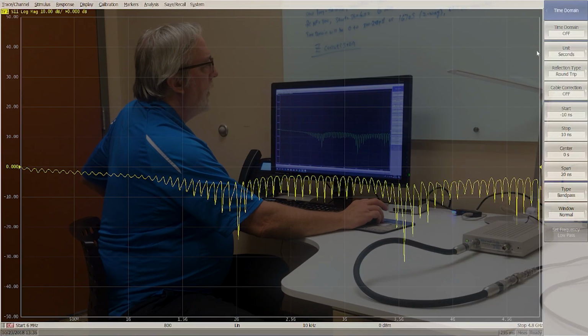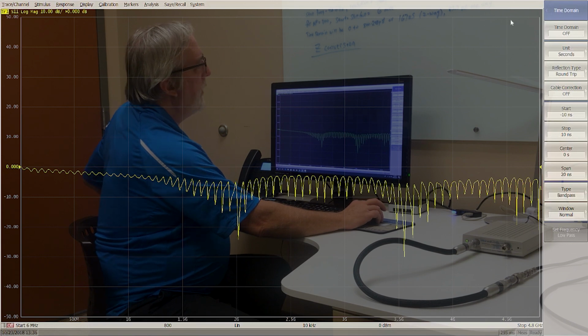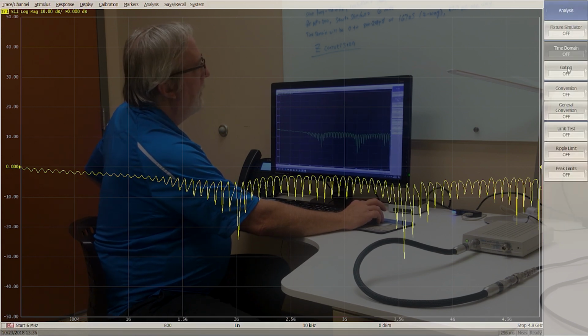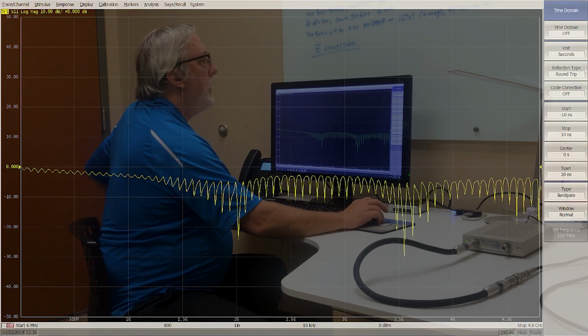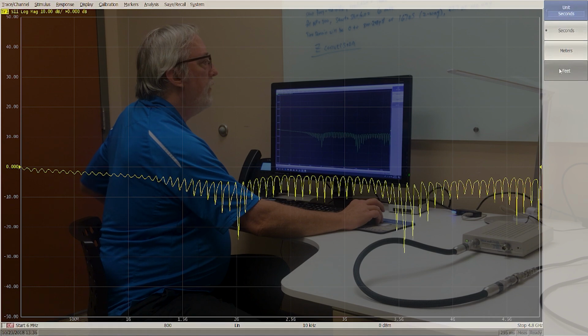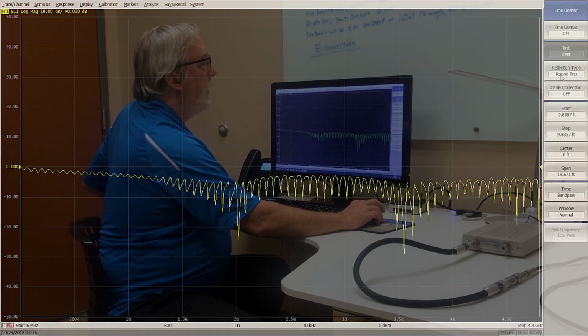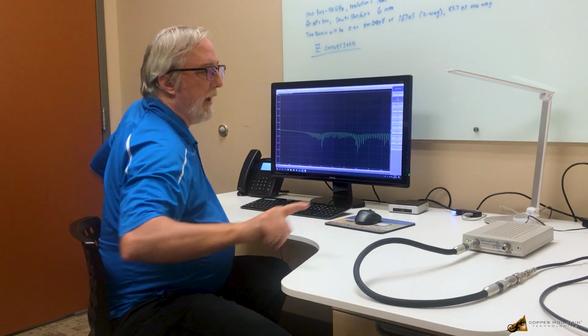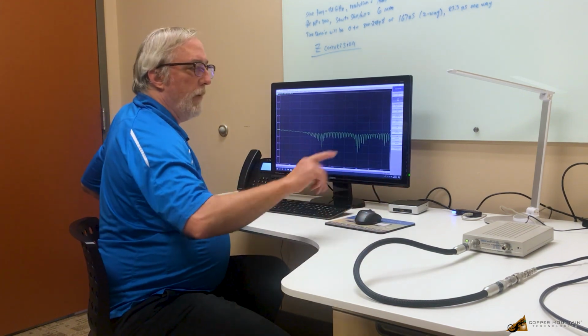So let's do the rest of the setup. I'm in the time domain mode now. I'll start again, Analysis, Time Domain. I'm going to set the units to feet because I'm interested in distance. The reflection type: the signal goes out and comes back. I don't want the two-way time, I want the one-way time.